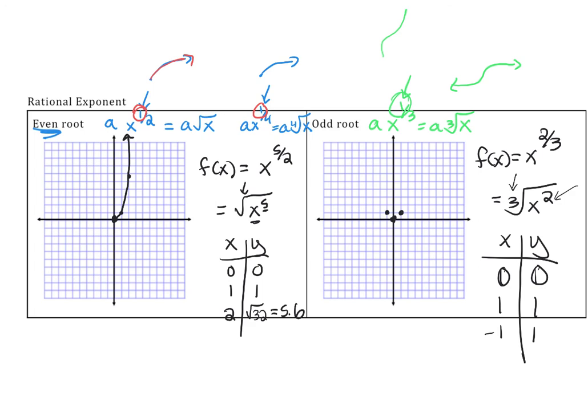Let's do 2. 2 squared is 4. The cube root of 4 is about 1.5. If you plug in -2, it's going to be the same. I'm going to get an x value out here. 8's going to give us a nice number. 8 squared is 64, and the cube root of 64 is 4. And then if you do -8, it will also be 4. So this kind of does